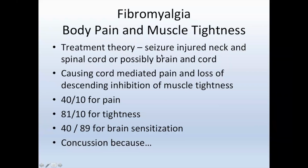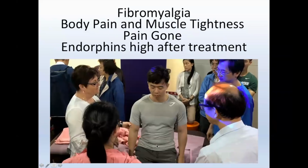So this is the plan. So we ran 40 and 10 neck to feet for the pain, 81 and 10 to increase that descending inhibition to reduce the tightness, and then 40 and 89 for the brain sensitization. And then a third machine back to abdomen to run the concussion protocol, you know, because you should. So one of the things that happened with him was when his pain got down to a 0 to a 2,